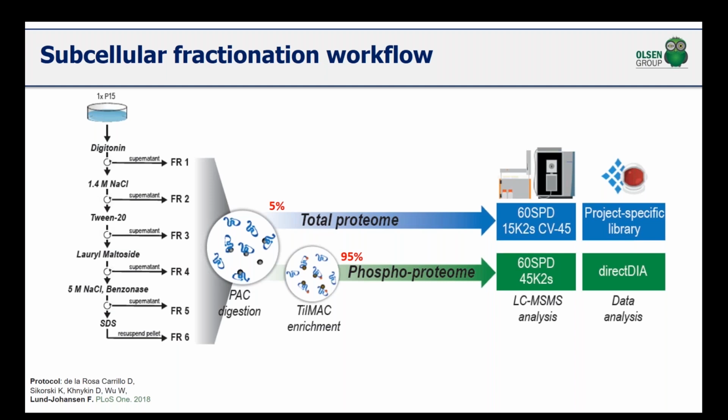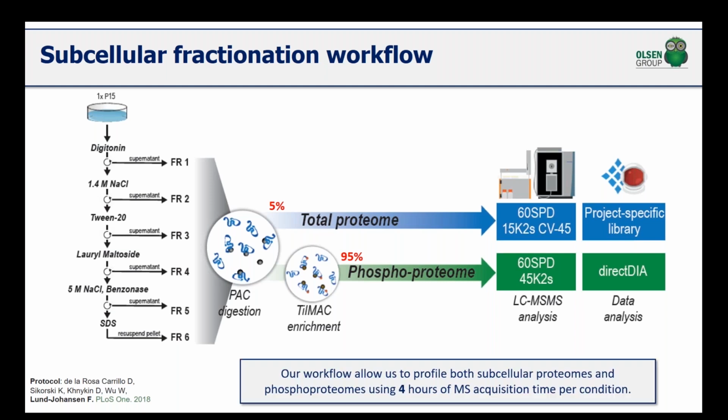And all of these data are then analyzed with the 60 samples per day method on the EvoSep system, using either a library-based approach for proteome or direct DIA for the phosphoproteome analysis. So basically within 4 hours of analysis, we can then per time point capture both the changes in the proteome